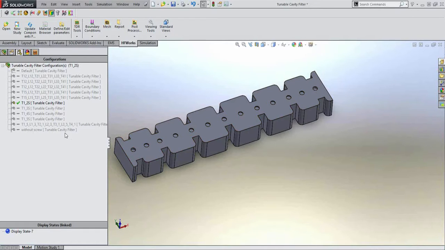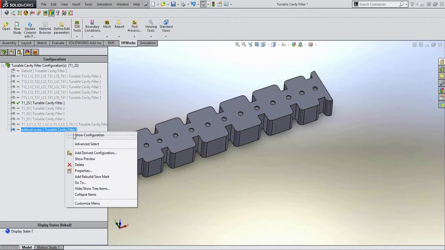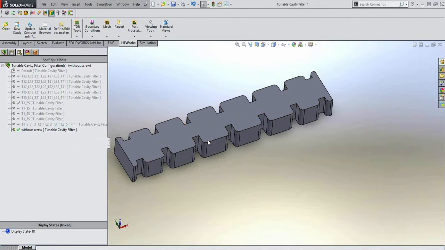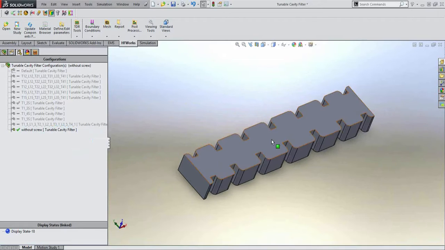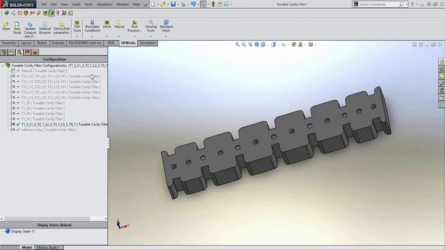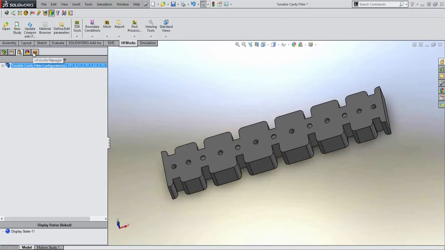Okay, so by default, if I show it without screws, this is what it would look like. If I didn't put any screw anywhere, the model is going to look like this. But if I wanted to say screw number 1 is at 1.5 millimeters, the other one is at 1.3, and so on and so forth, then that's a different configuration. So what happens to the S parameters? What happens to the filter response? That's the question. This is where the power of HFWorks in combination with SolidWorks comes in very handy,